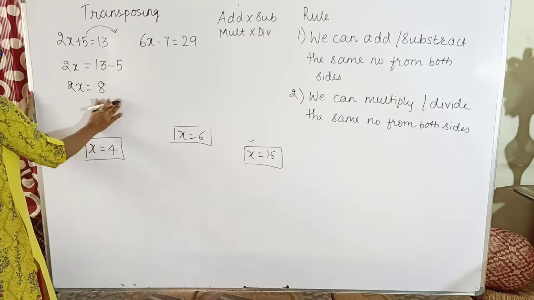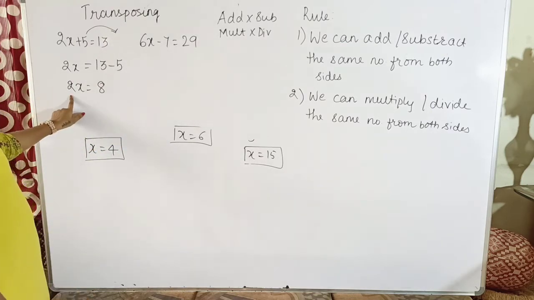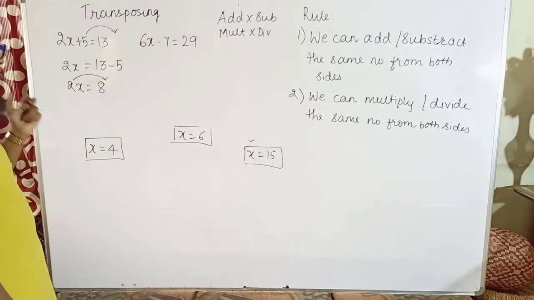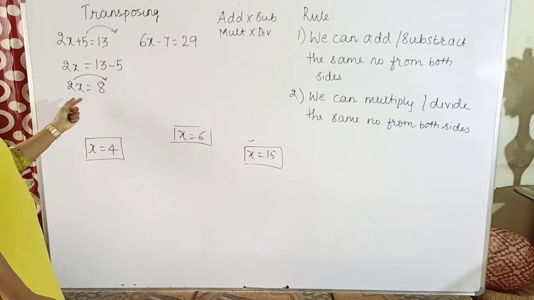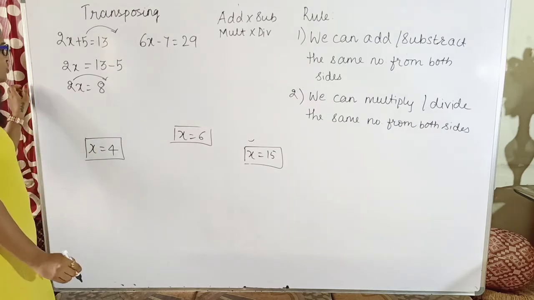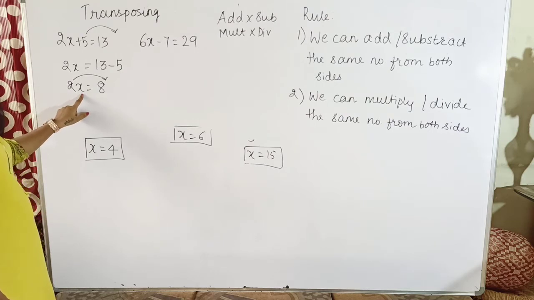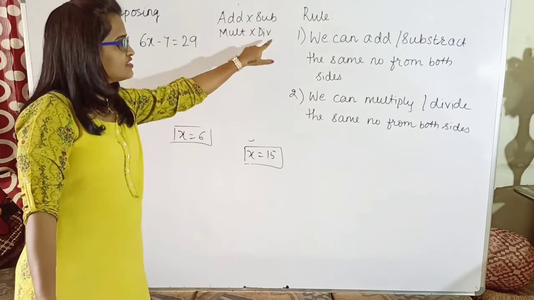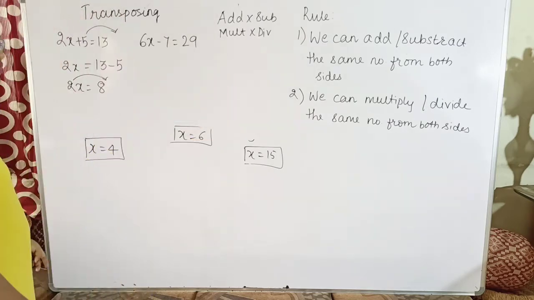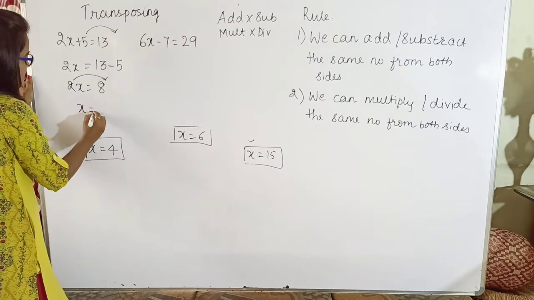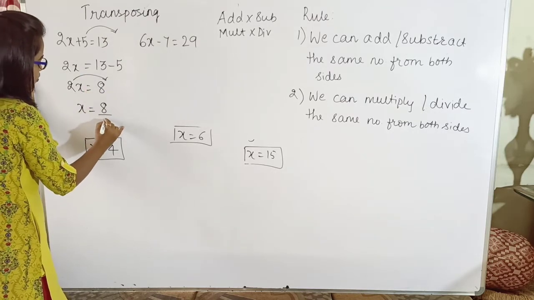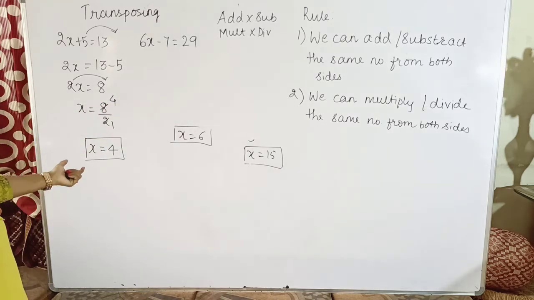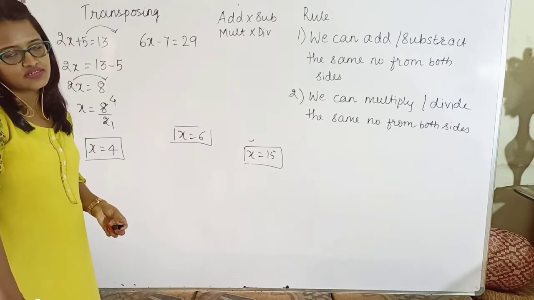Yes, now again, I don't want 2 here. I will be shifting it to the other side, isn't it? Why? Because I just want x. So when I am shifting 2 to the other side, what operation is 2 doing here? 2 is getting multiplied with x. But when I shift it to RHS, what will it do? If it is getting multiplied on one side, on the other side it will go in division. So it will perform the division, which means x equal to 8 divided by 2, which will give me the value of x as 4, which was the same value which we obtained in our previous example.